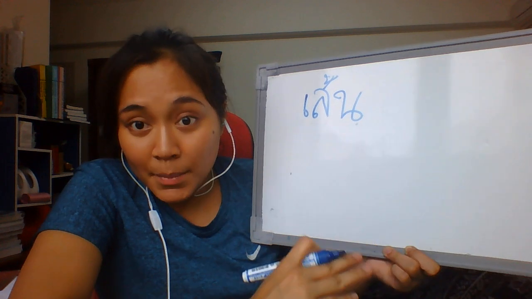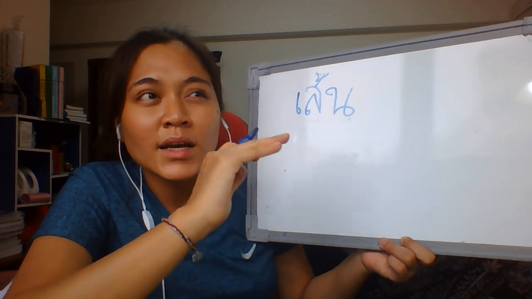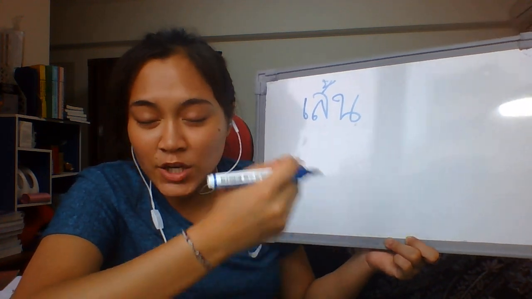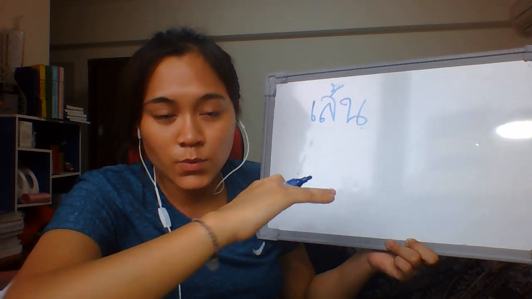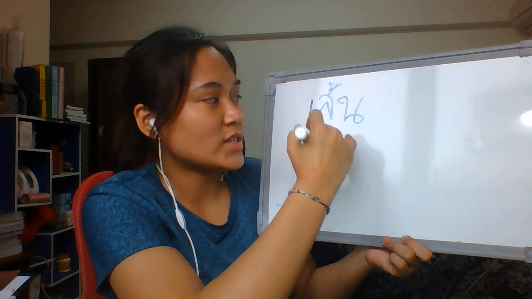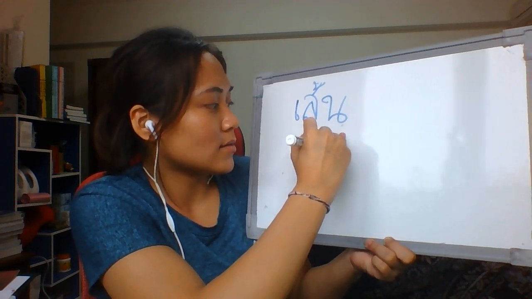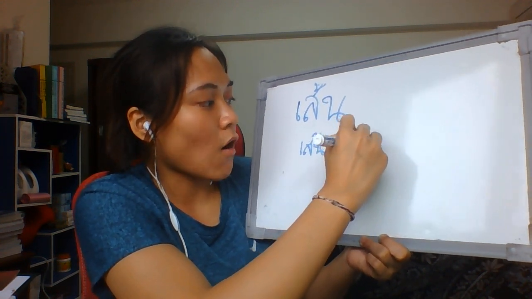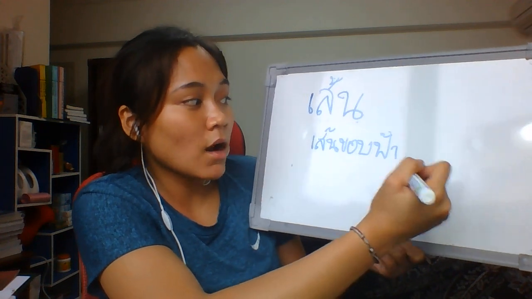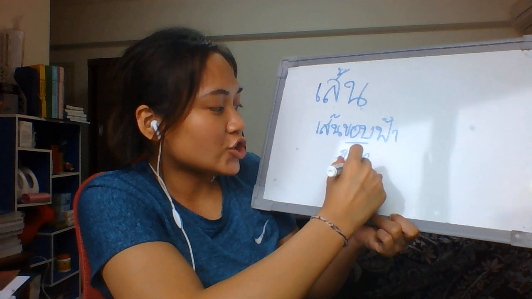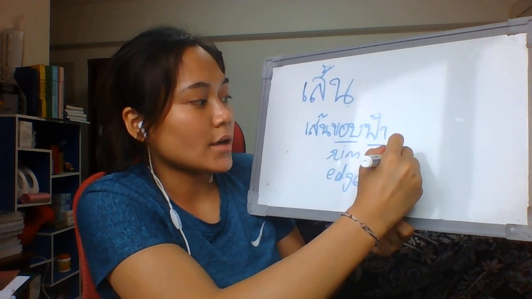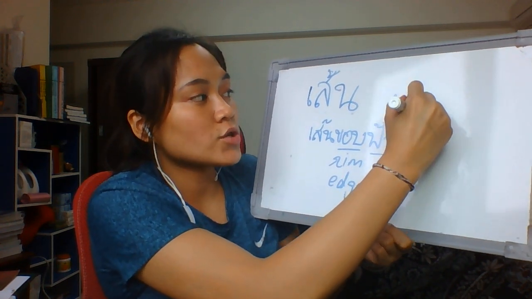But there are some exceptions where you cannot really touch it. It's not a physical line, but you can kind of see it. So we call it เส้น as well. For example, the horizon line. We say เส้นขอบฟ้า. ขอบ means like a rim or the edge of something, and ฟ้า is sky. So เส้นขอบฟ้า means horizon line.